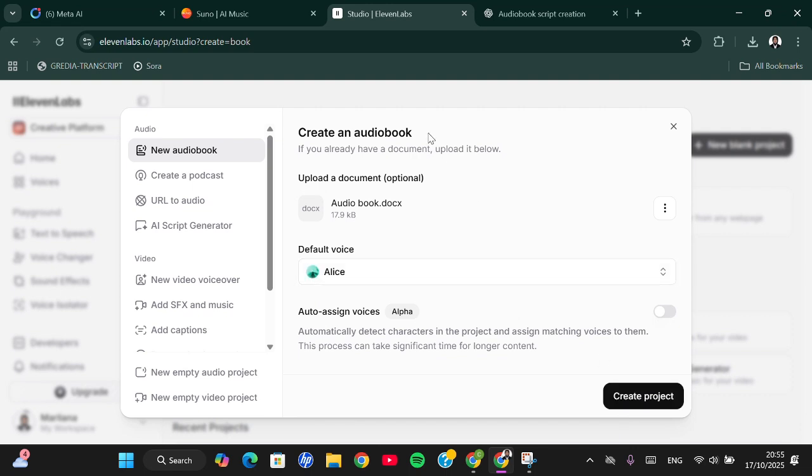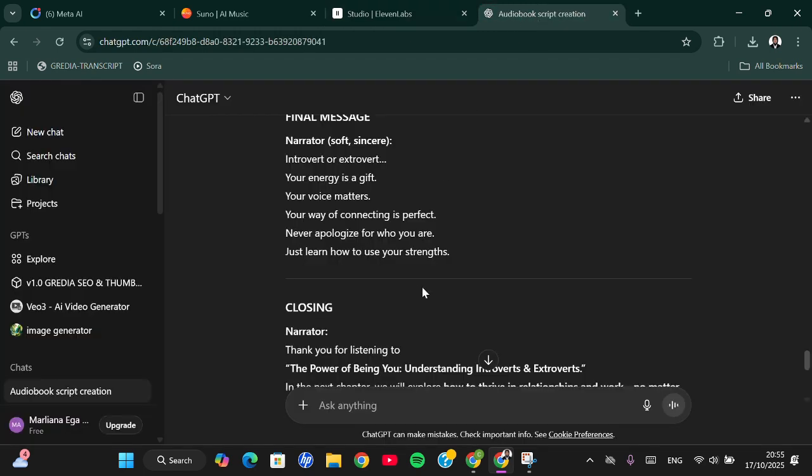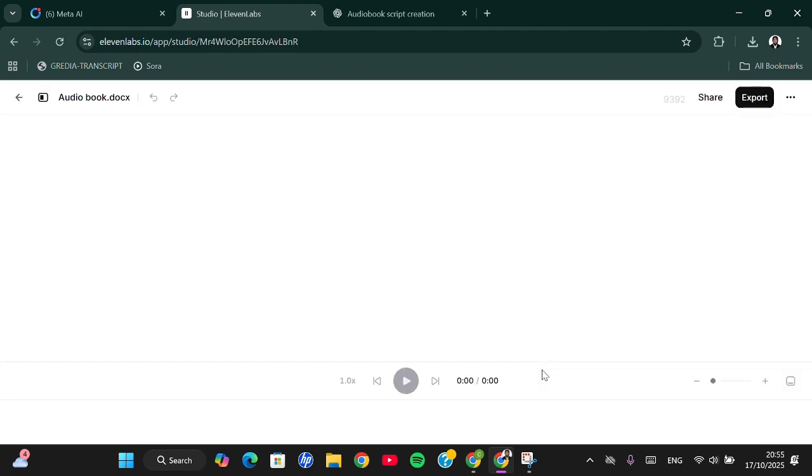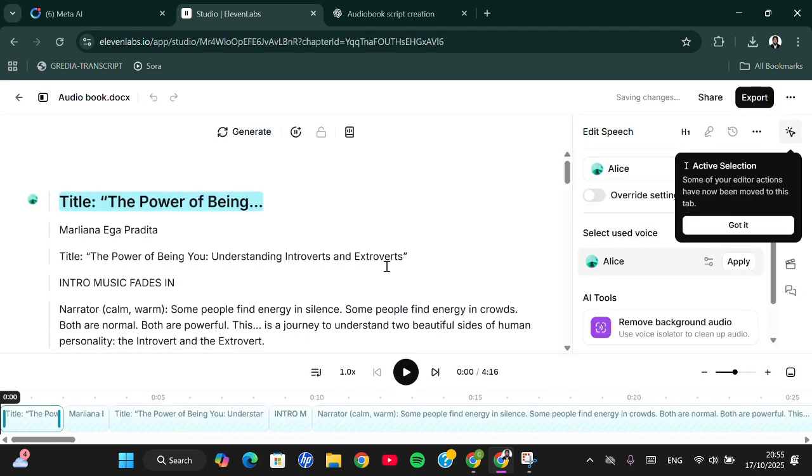And to create the script, you can ask help from ChatGPT, guys, because I have just asked ChatGPT to make the narration for me. And then I'm going to go back to the ElevenLabs, and then I'm going to click on Create Project. Okay. And your audio will be turned into audiobook,